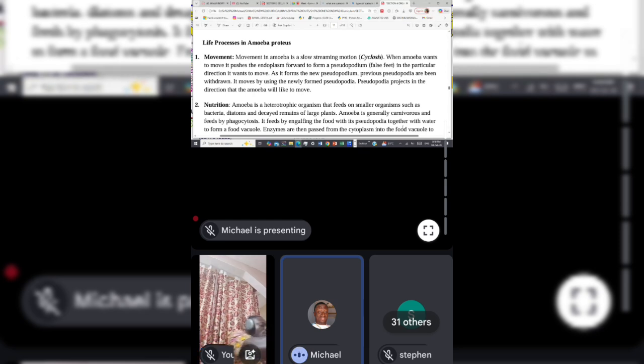So that's why I told you that when you put your items into your bag, sometimes you see that the bag will tilt that way because you place your lunchbox at that side. Maybe you put your dictionary, a voluminous book, so you see that that part of the bag will be extended. So that will be like a pseudopodia formed by the amoeba. So what the amoeba does, if amoeba wants to move, it will push